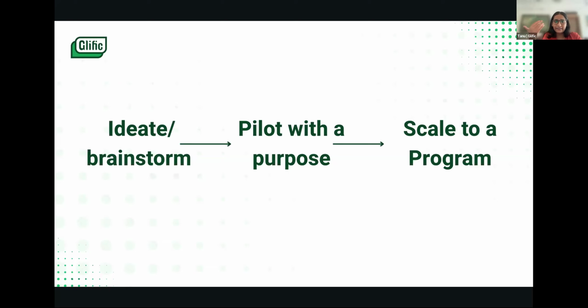When I say validate that idea, say for example, let's take a use case: you have an NGO who work with government school children of, say, 6th to 8th standards, and they're working towards improving their mathematical skills. The assumption is that this particular tool, this chatbot that we launch, is going to improve the math skills of these students, which will potentially reflect in classroom participation or their actual math scores.